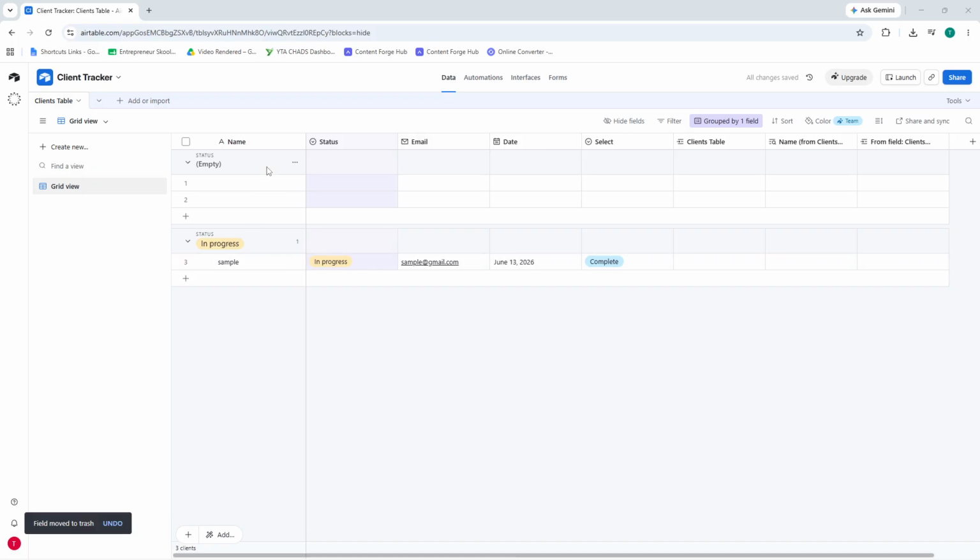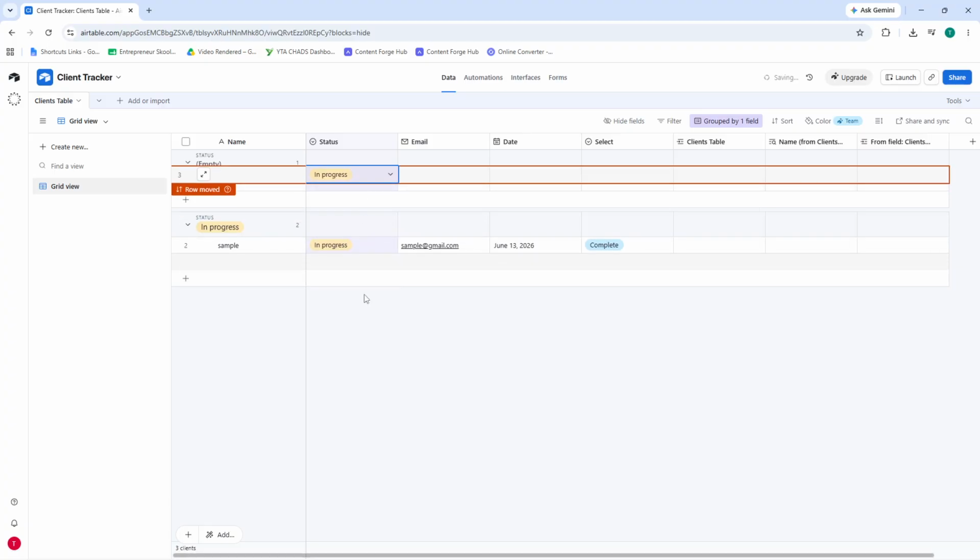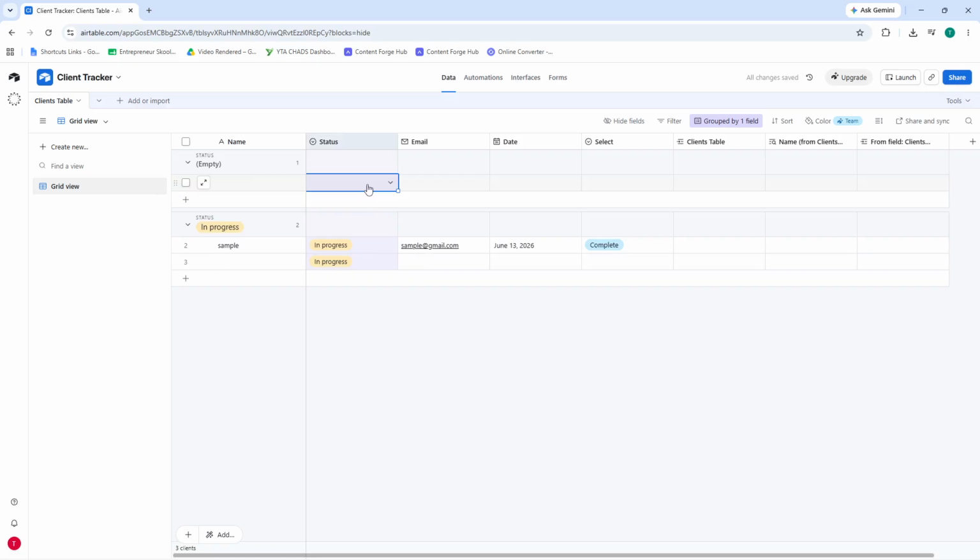and relational links between your tables. This structure will save you hours of manual sorting and searching, and it scales beautifully as you add more clients, projects, and tasks. A great next step is to explore creating different views like calendar or gallery to visualize your data in new ways. You might also want to look into automations to send notifications when a task moves to